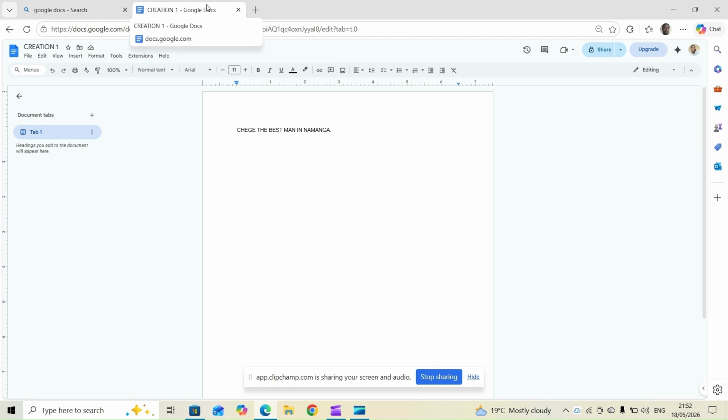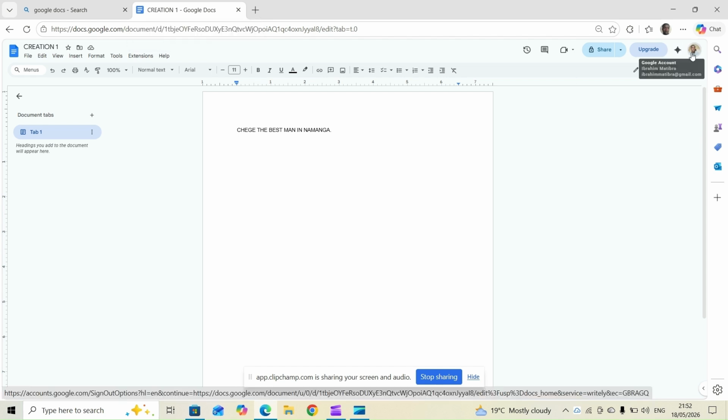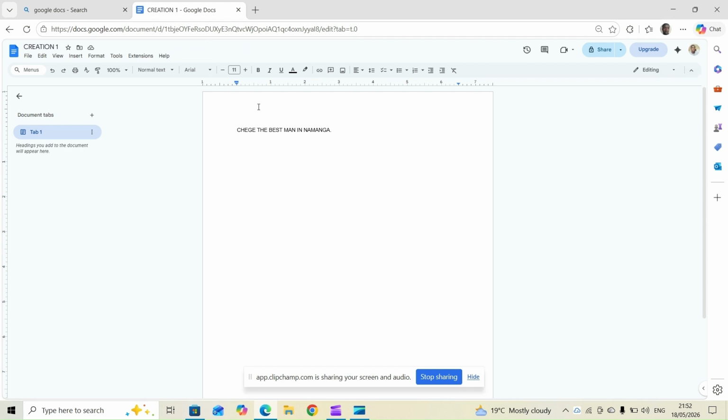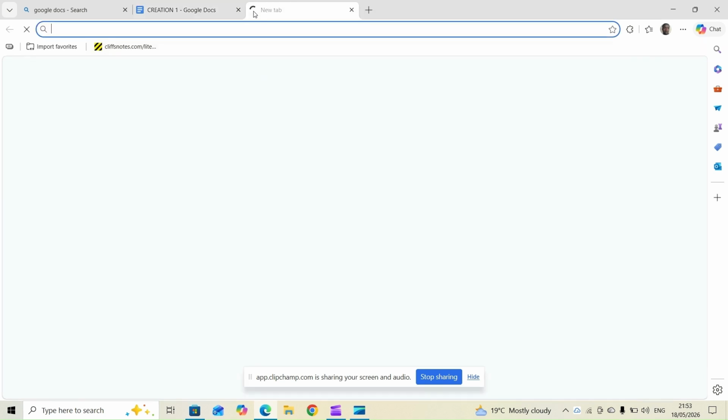You can access it with or without your account. When you access it with your account, any document that you create will be saved onto your Google Drive, just like in Microsoft. So let us look at another Microsoft web-based application that you can access over the web. So let us come to a new